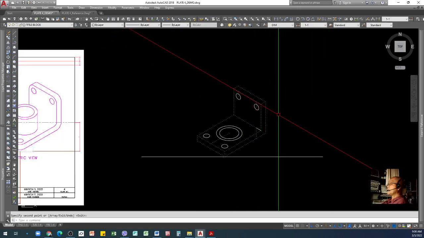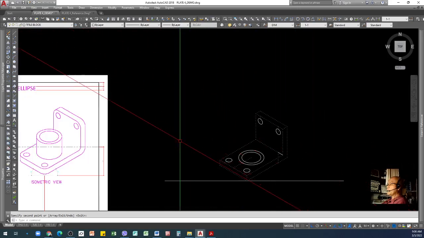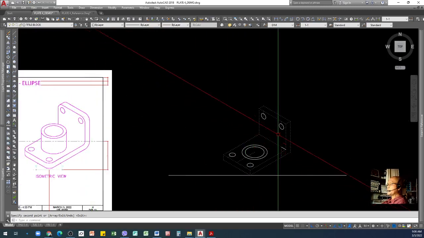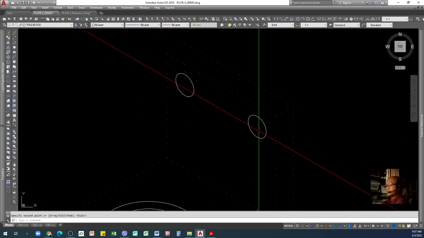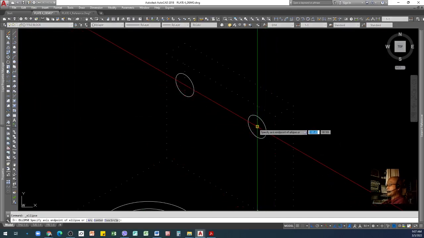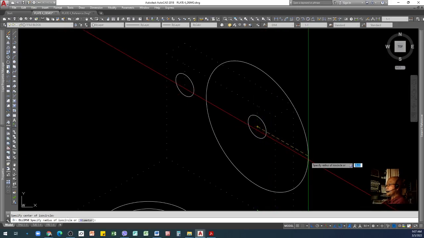Same thing, I can repeat the command there, or I can just copy, take that center, and then bring it there, like that. We also need a bigger ellipse to form this portion, the two corners. I can use the command ellipse or the icon, and then I for isocircle again, and then center.